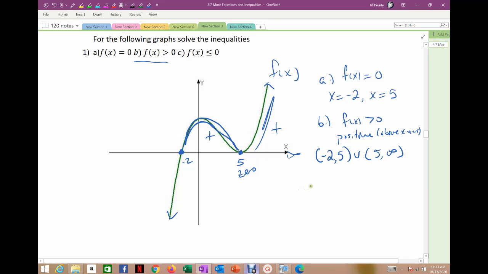Alright, the last part is asking for when f of x is less than or equal to 0, and so this time I get to include the 0. So had I been able to include the 0 in the first case, it would go from -2 to infinity. Had it said greater than or equal to 0. It didn't. You don't. This one does. So it's when it's negative